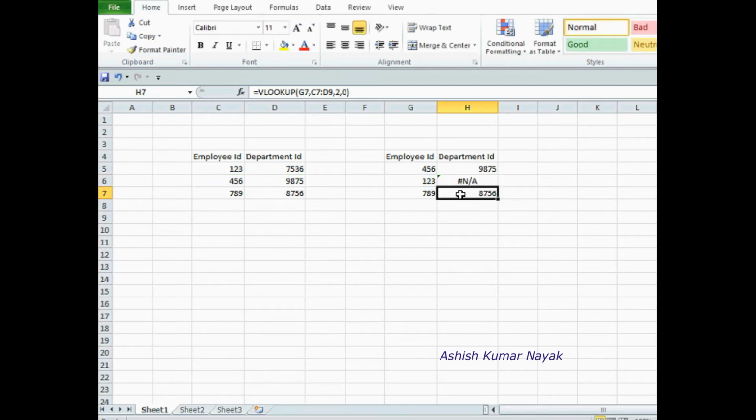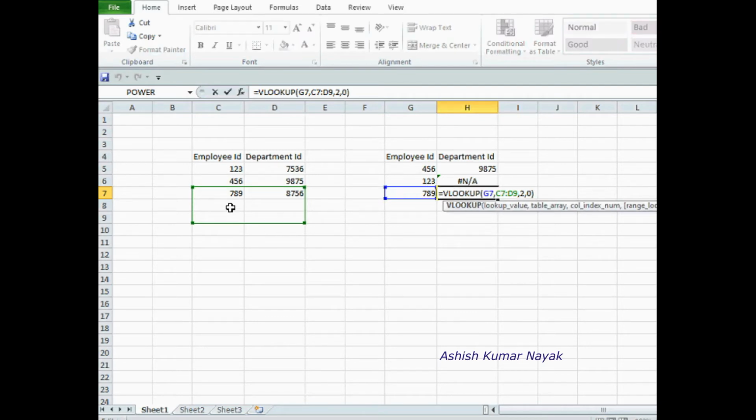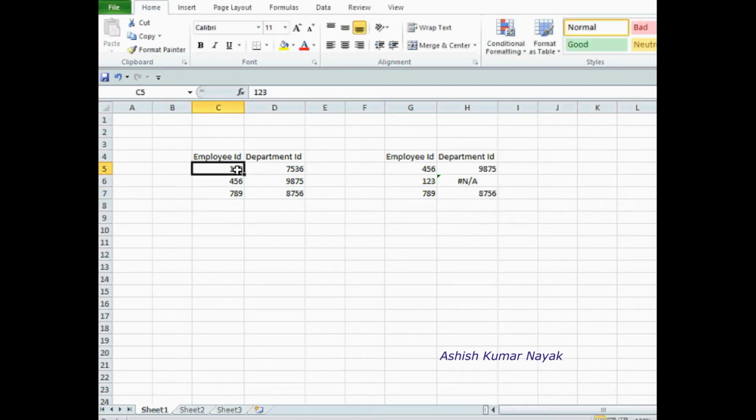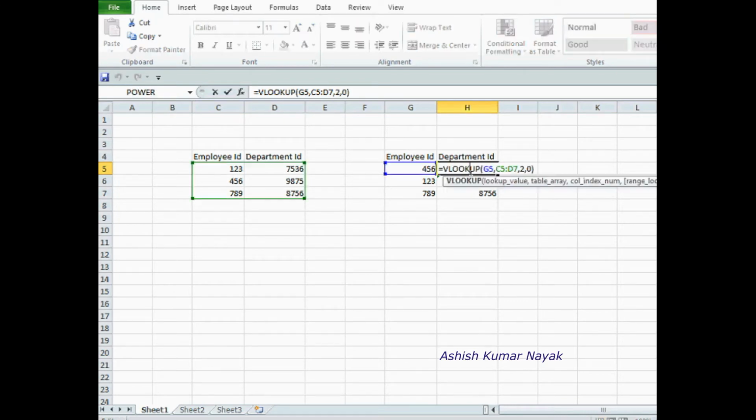Next, again 2 more rows are incremented, but the first 2 rows where 1 2 3 and 4 5 6 are there, these two are not taken. So how to resolve this? Click on the first one where the 9875 value is there. Double click on it, and for this C, before C, type a dollar.